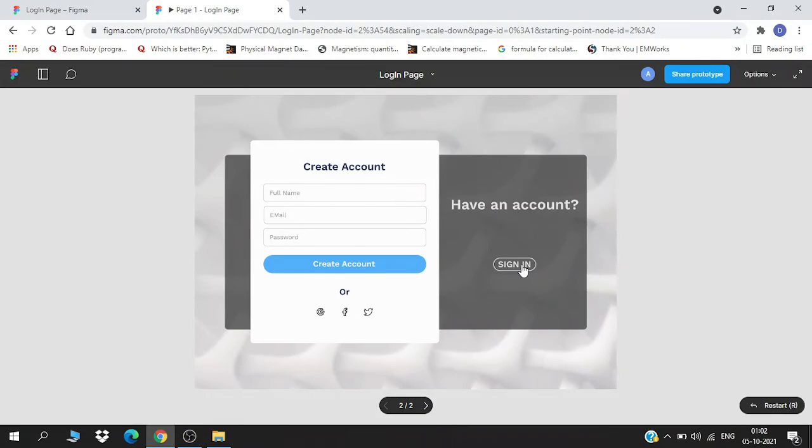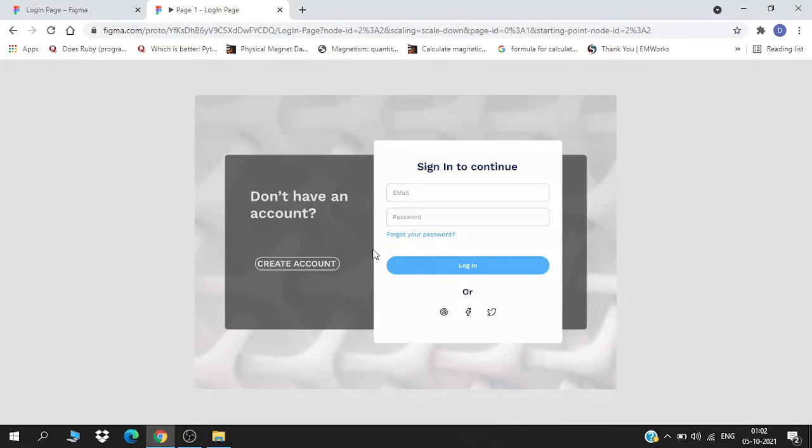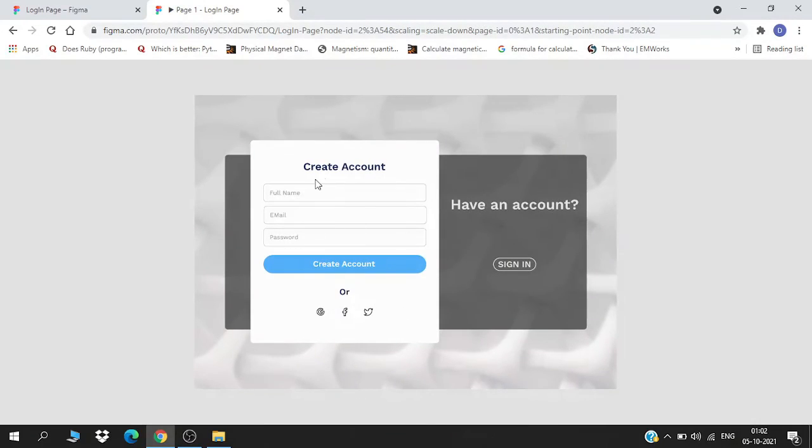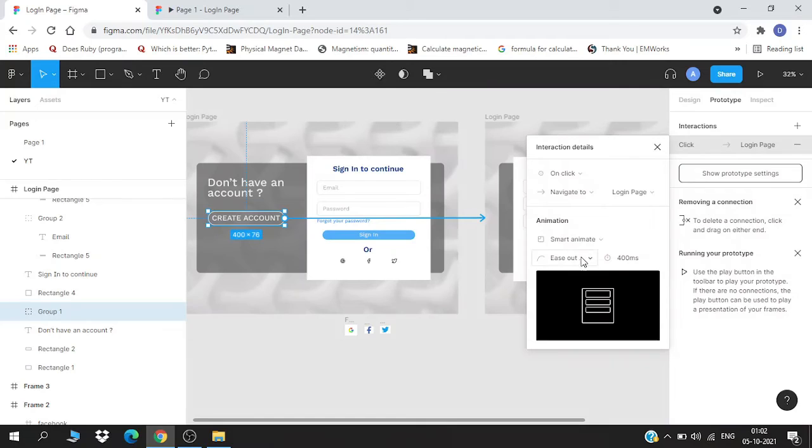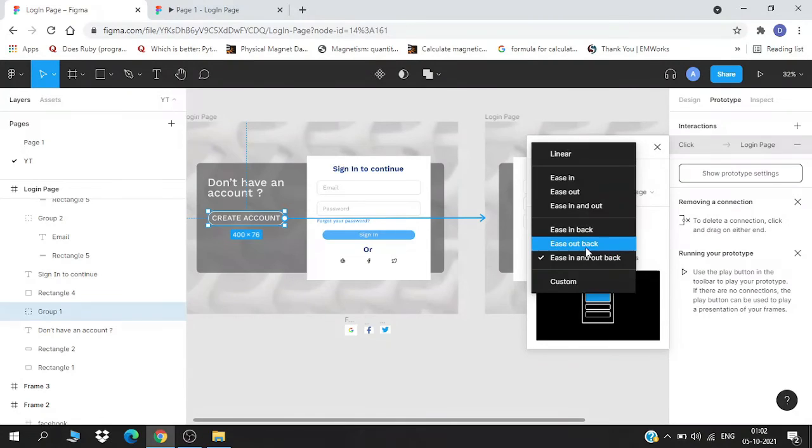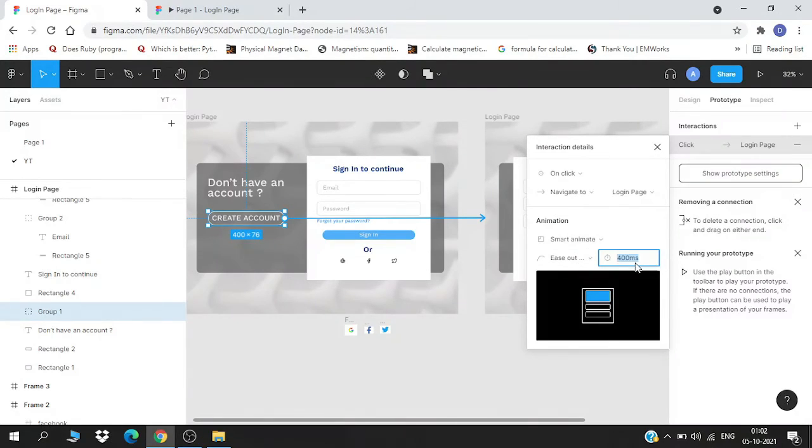If you look closely, it is a little bit bouncy, like it is swiping to the left and then coming a bit back. So this will give this effect. Ease out. Yeah, and we will keep the speed at 400 ms.